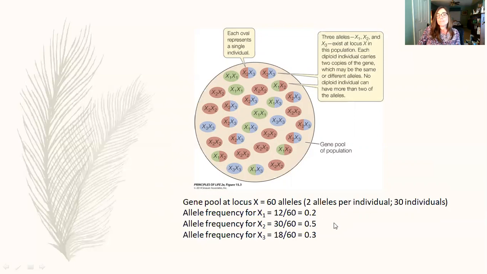So like I said, if a scientist is studying how evolution occurs in a population over time, one of the things she would do is measure the allele frequency at some point in time, and then come back later and measure the allele frequency within that population again, and she would be able to see how the allele frequencies are changing.